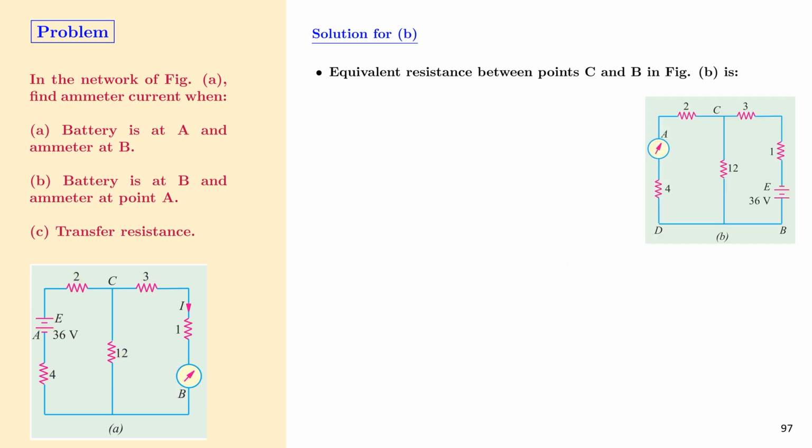Now let us consider part B of the problem. That is, we have swapped the position of the ammeter and the voltmeter. We first have to calculate the total current in the circuit, that is I dash. For that, we can replace the ammeter by a short circuit because the internal resistance is almost equal to 0. Therefore, the circuit becomes